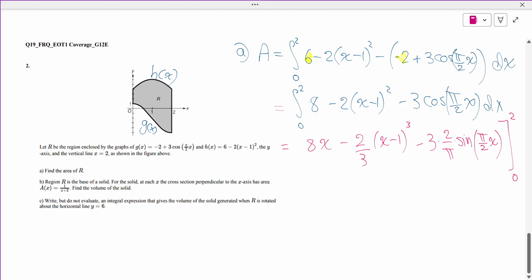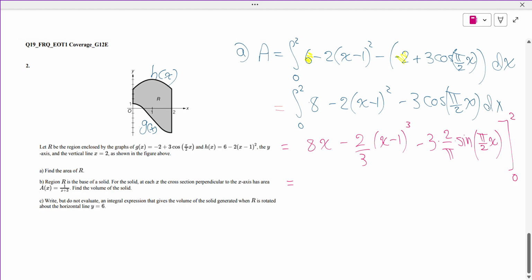Again, you can use u substitution for the other one also, cos of pi over 2x. Assume that u or w or whatever equals pi over 2x, and then you can evaluate. Okay, so